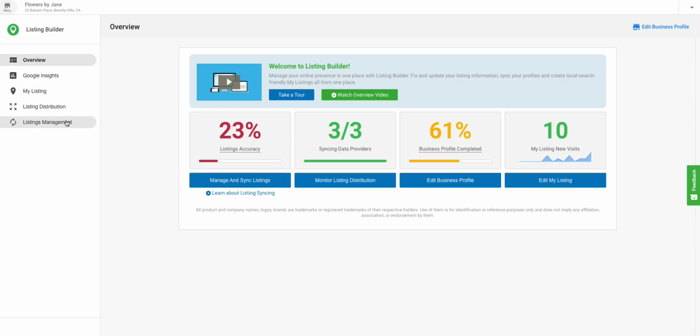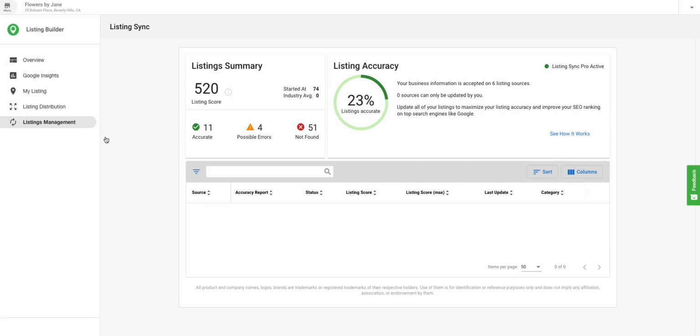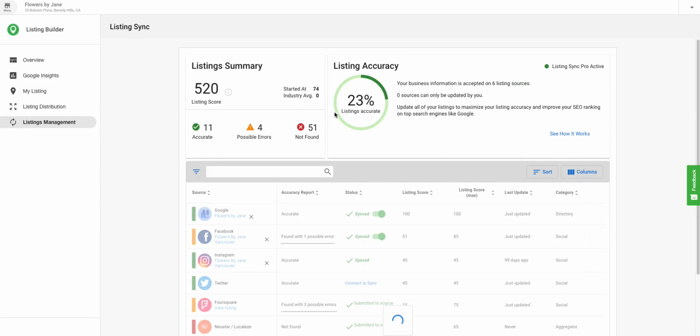using the side navigation. At the top of the screen, you can see your listing accuracy score. This score is dependent on the amount of listing sources you are successfully accurate on. Each source shown on this table will include a listing score and a maximum value on a per source basis. This will provide a clear indication of how valuable each source is and how it is amounting to your listing